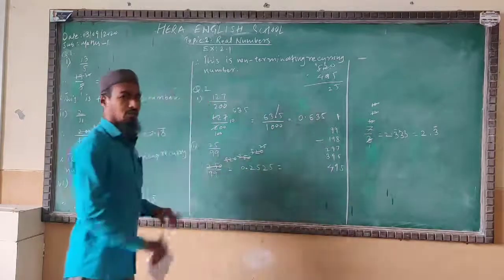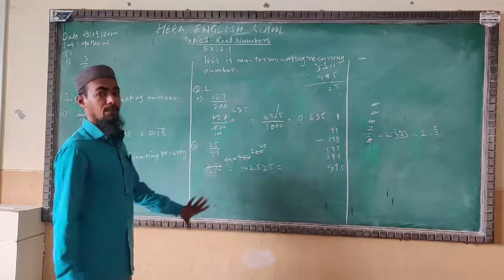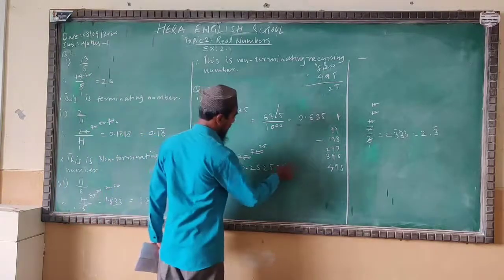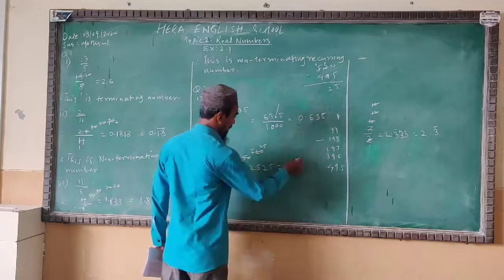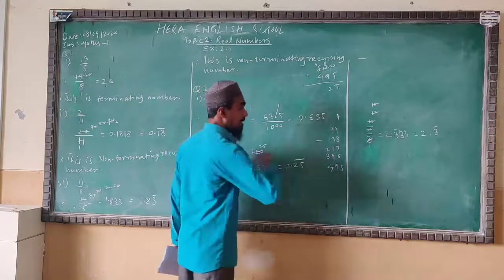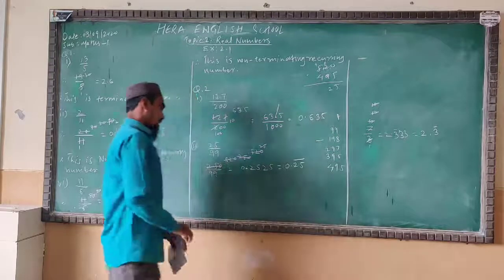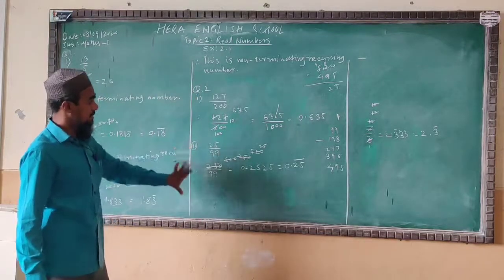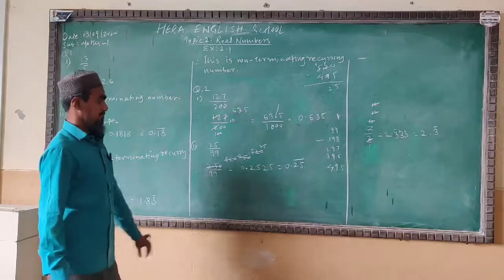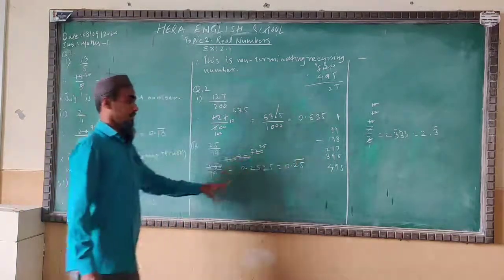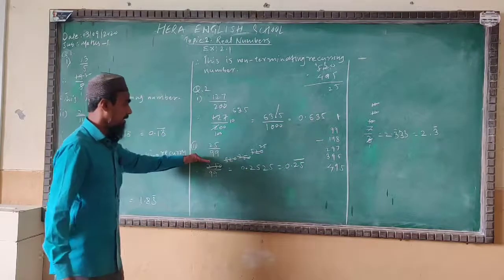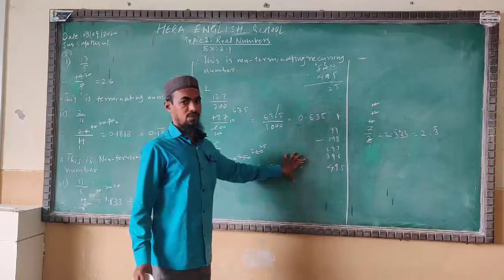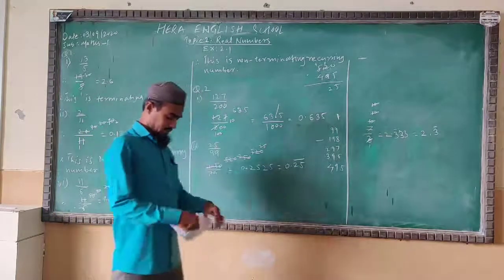There is no finite decimal. The decimal is not going to complete. So the 25 is repeating. So the answer will be 0.25 with 25 as the repeating number in decimal form. The given number is 25 upon 99. It's the fractional form and this is your decimal form. I think you got it. Okay.